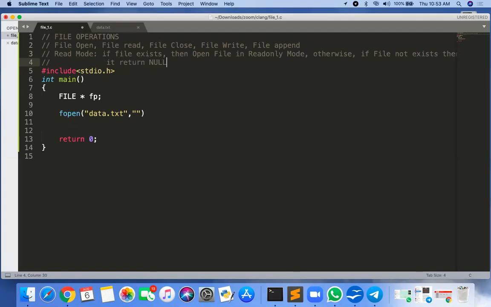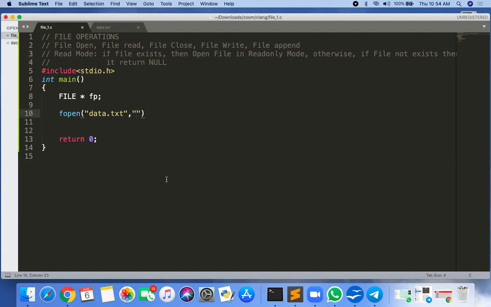So if you are opening a file in read mode and the file exists, then it will return the address of that file. But if the file does not exist, then it returns null. Got it? If you are using read mode, you can only read from that file. You cannot write into the file.